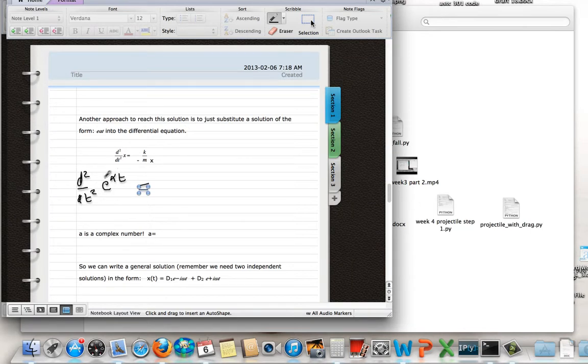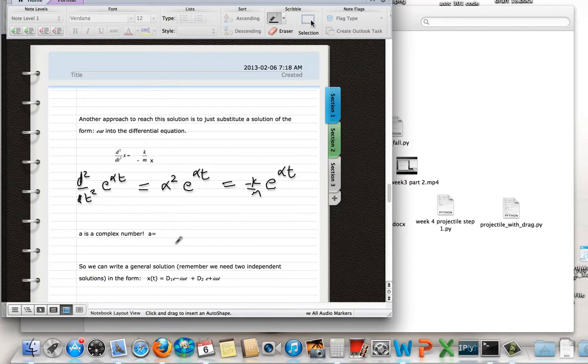So one derivative is alpha e to the alpha t. The second derivative is alpha squared e to the alpha t. And if this is to be a solution to the differential equation, the left-hand side has to equal the right-hand side, and the right-hand side is just minus k over m times the function e to the alpha t. So for this to be a solution, alpha squared has got to equal